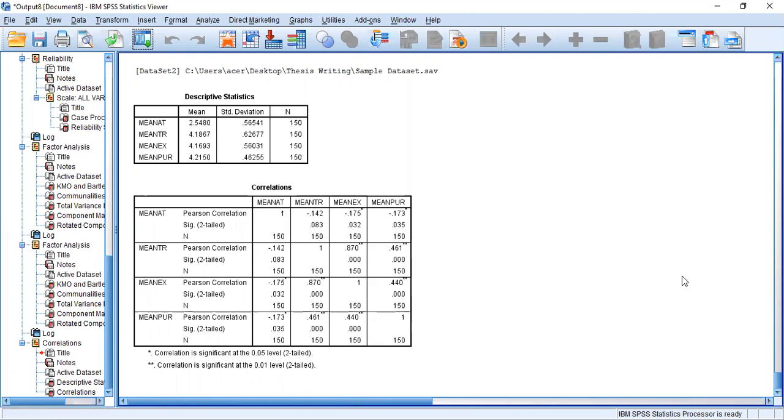On the correlation analysis, you can see each variable is correlated with the other variables. For example, pay your attention to the last one, the mean PUR, my dependent variable. Now it shows how that variable correlates with the other variables.